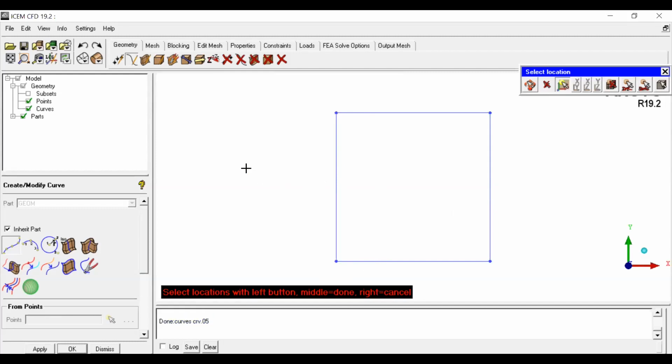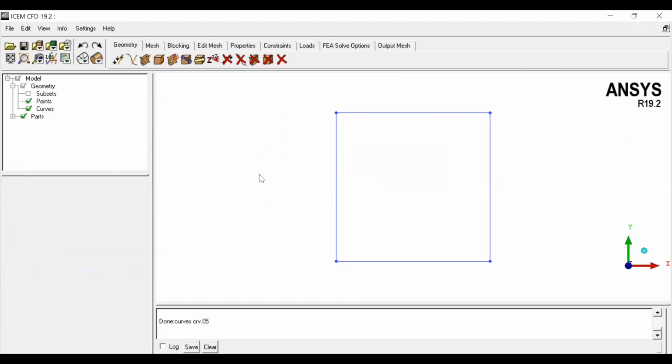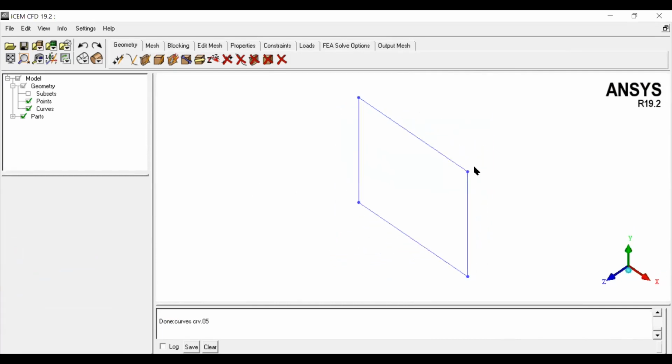Finally, all 4 lines are generated, and you can visualize those lines. And it still shows a plus symbol, which means it is in the geometry, I mean, line generation from the points. To disappear, you just click on dismiss. Then again, it will come back to the cursor mode, right? So you can visualize in isometric view. These are the 4 lines we created.